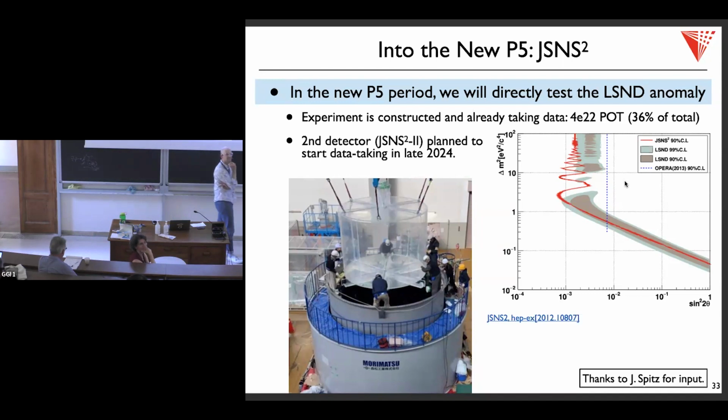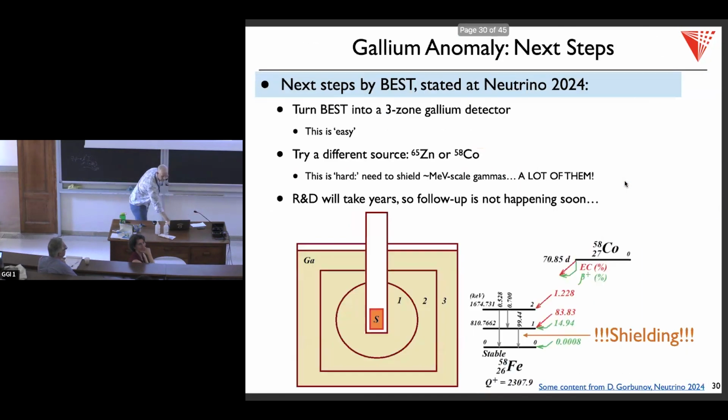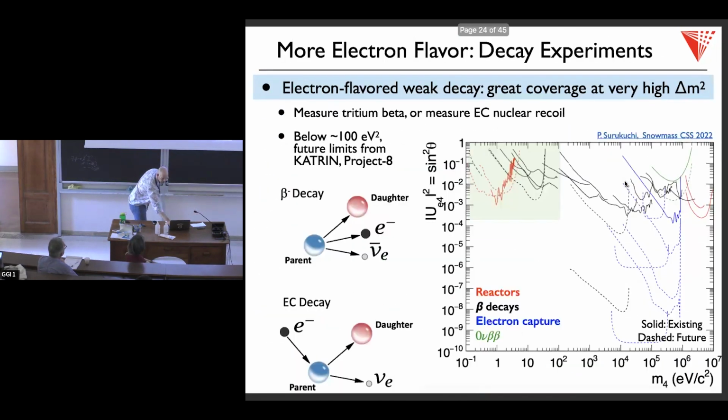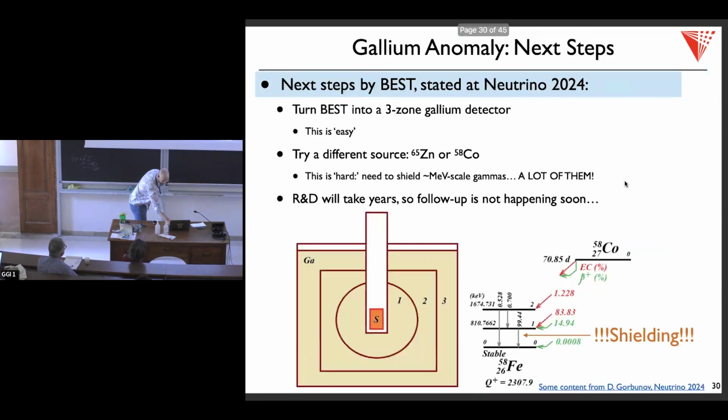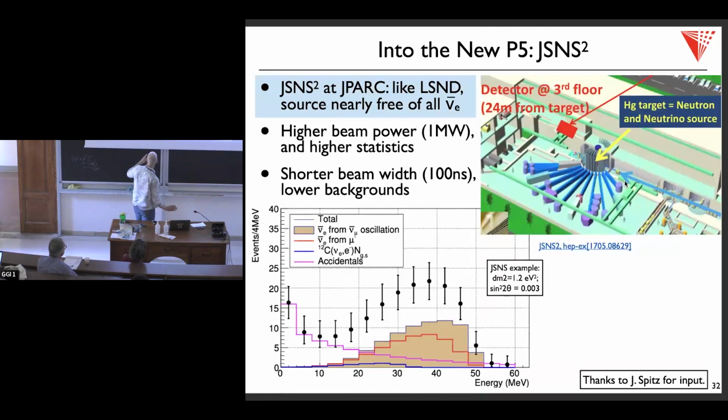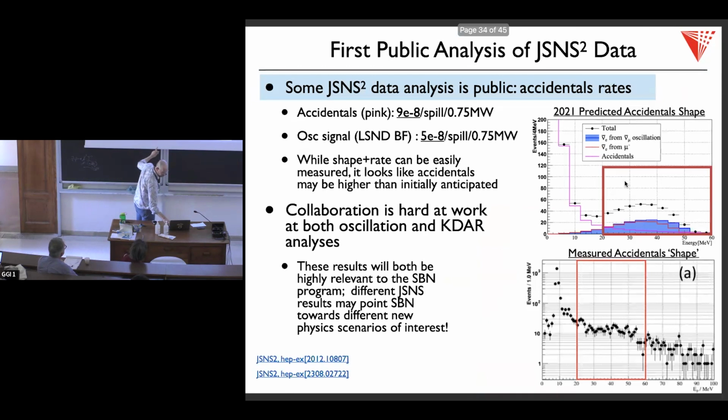So let's see if I understand the implication of that. From what you say, it seems like there is an order of magnitude between what they expected and what they are seeing. It's not. It is not. So with the number that I quoted here, and again, I'm not a JSNS squared collaborator, so don't quote me on this, the range they're talking about is 20 to 60 MeV, from here to here. In that range, if you compare blue to pink, what you're expecting is like 3 to 1, and instead you're getting like 2 to 1, the other way around. So it's like a factor of 6, 8 or whatever.